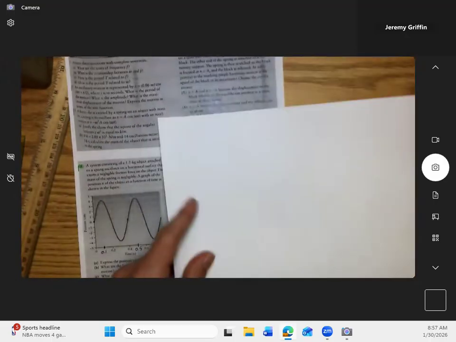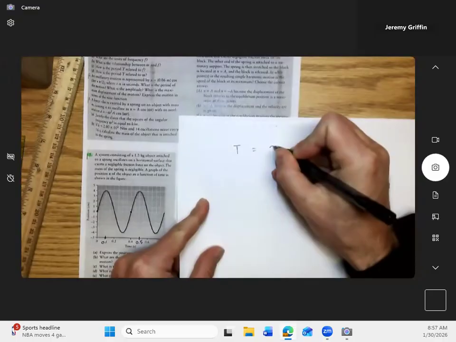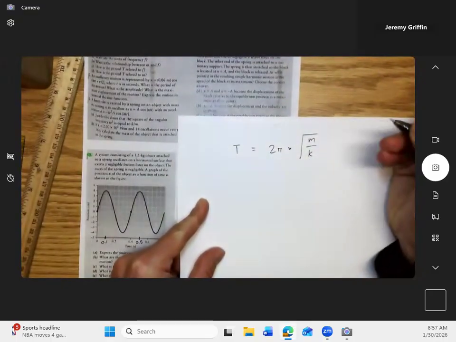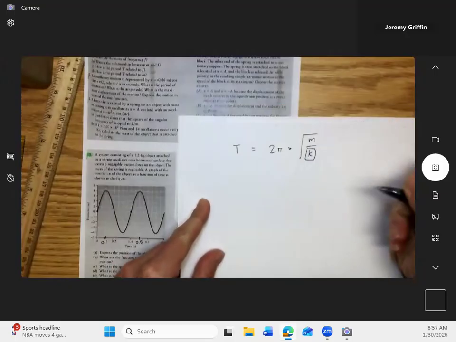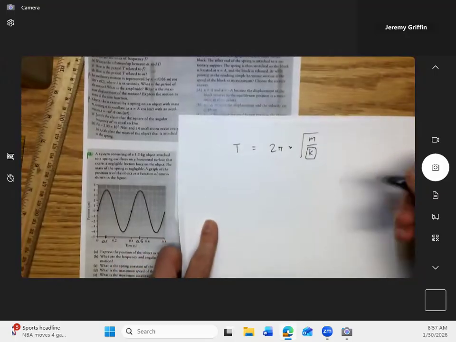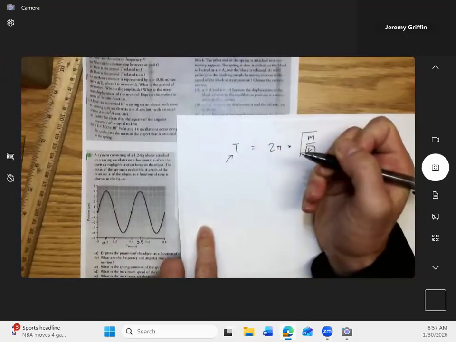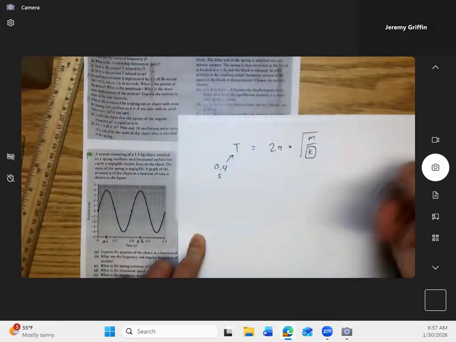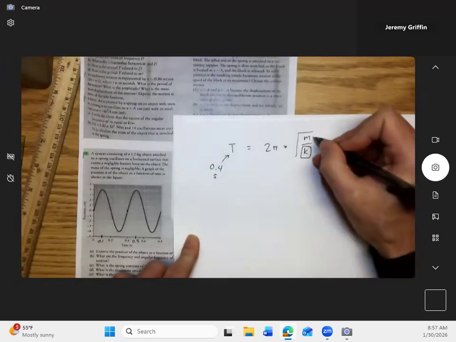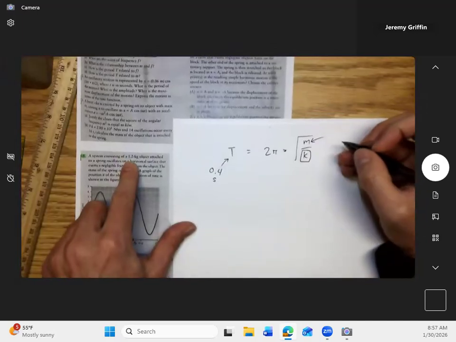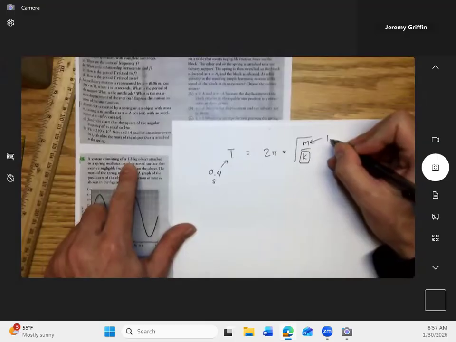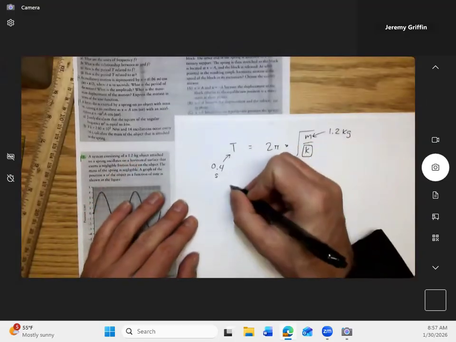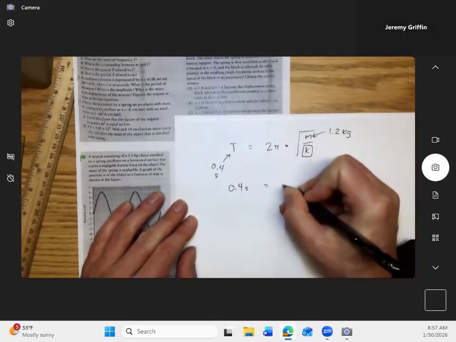Time period equals 2 pi times the square root of m over k. We're solving for k. How stiff is the spring? It's the spring constant. So let's put in some values. What's the time period? 0.4 seconds. It takes 0.4 seconds to cycle completely. And remember, the mass was the first thing you told us. 1.2 kilograms. So we have 0.4 seconds equal